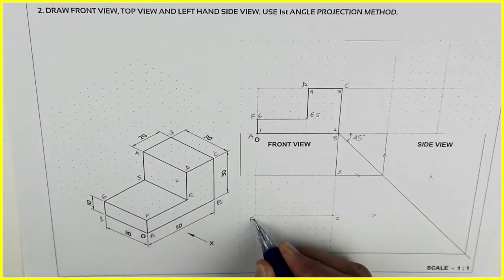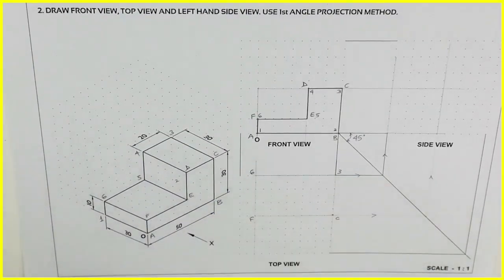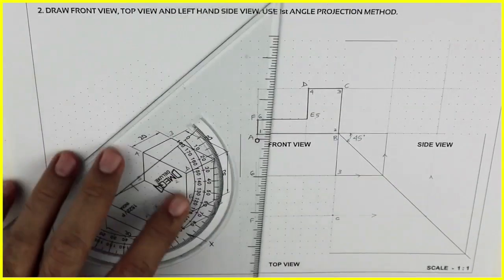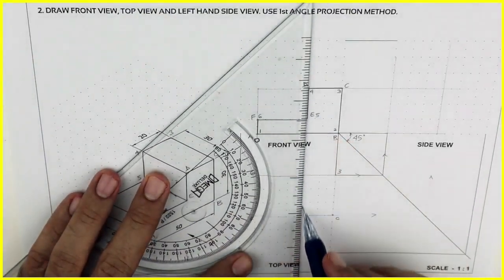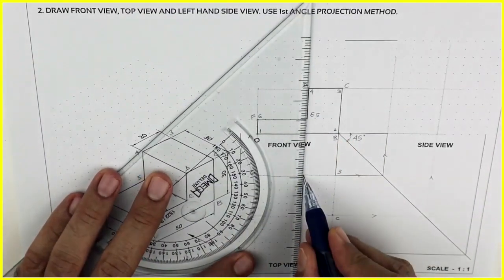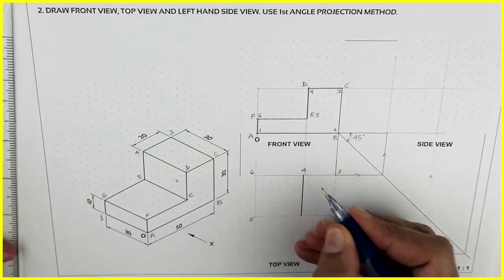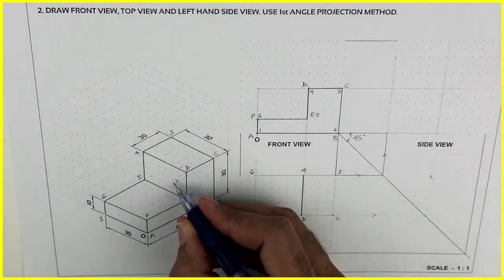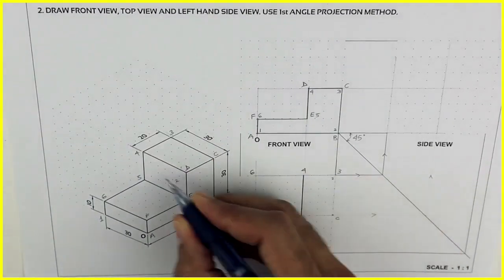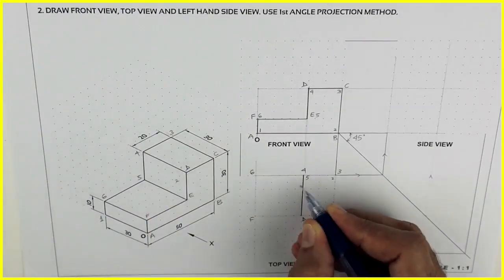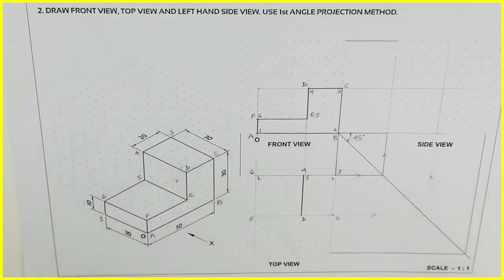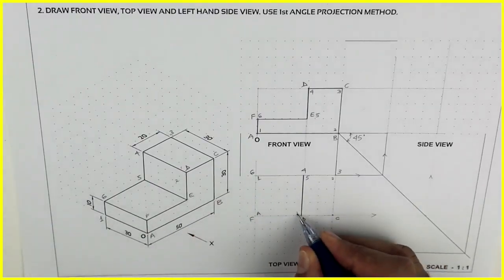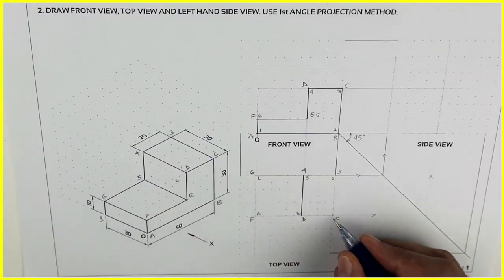Now in top view, I can see this point 3 over here and C over here, A over here, F and 6. So I will mark 3 to 4, 20. We can take projection from the front view, and this line will be dark. See this, 3 to 2 only 1 point, 4 to 5 1 point, 6 to 1 1 point. So when you see from the top, you can't see height, so it will be directly below that point. So that's why I'm writing like this.